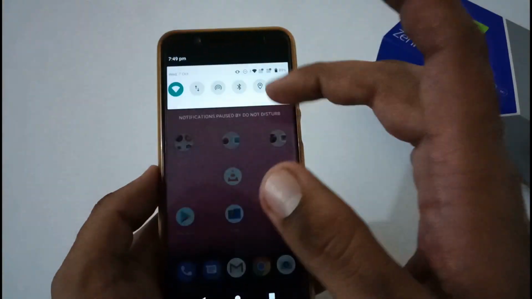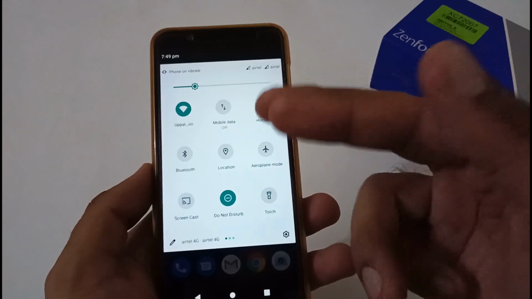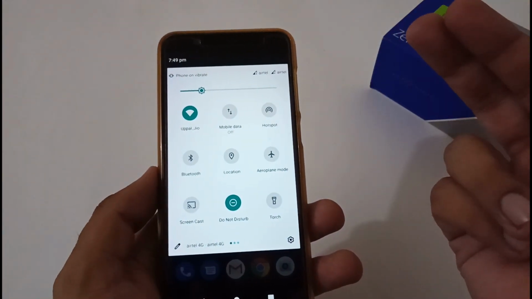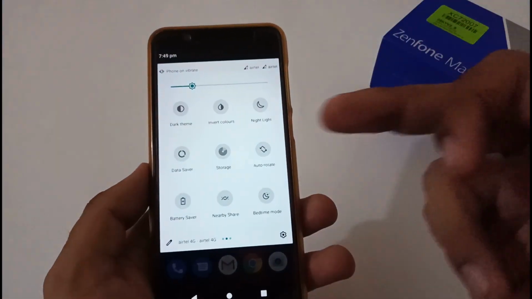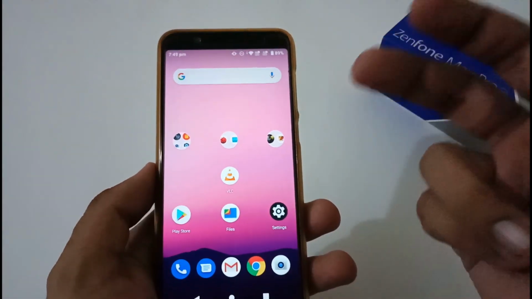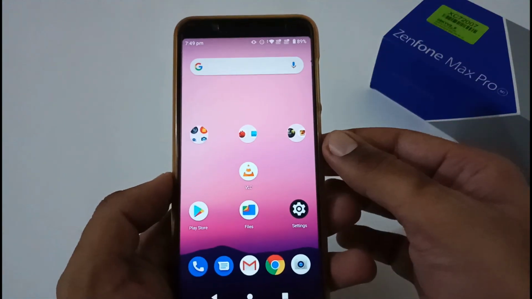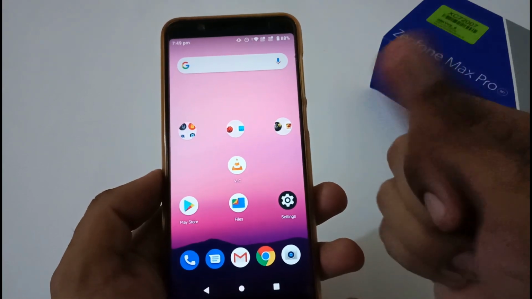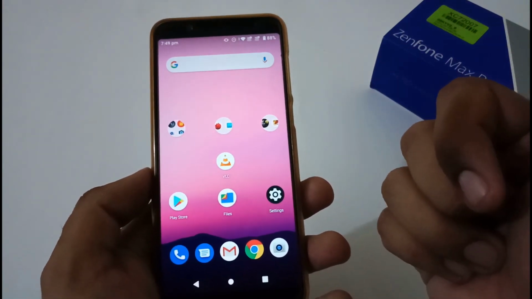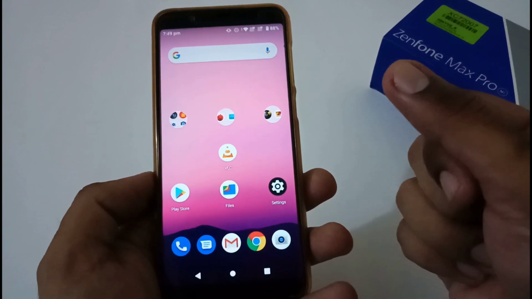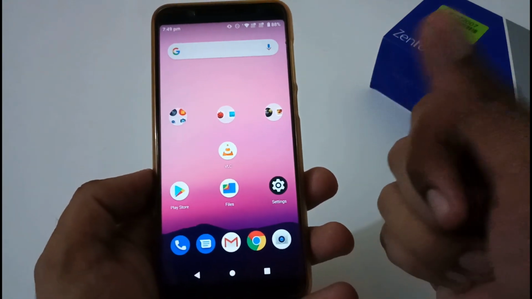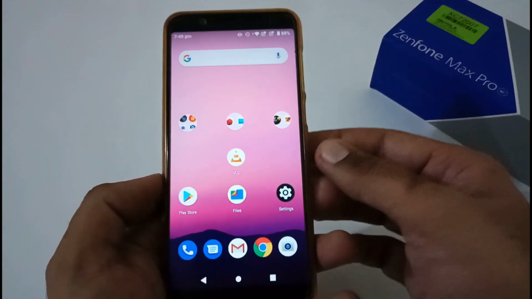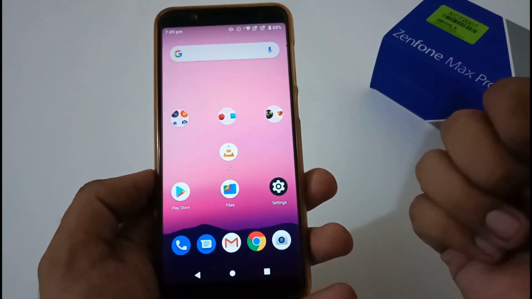So after network and internet, now let's move to quick settings. There again, whatever has been provided by Asus on both versions, be it Android 10 Beta 4 or Android Pie 087, is working absolutely fine, like nearby share, torch, and so on, whatever is available. Apart from this, default apps: on both versions, the FM radio app is working absolutely fine. I know many people used to listen to this whenever they are traveling by bus or any public transport, or by cab, or if they are driving a cab or any other vehicle, or maybe to cut down their free time.